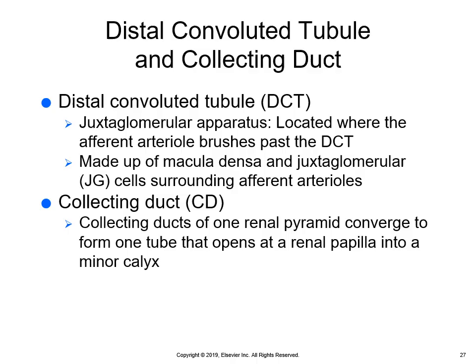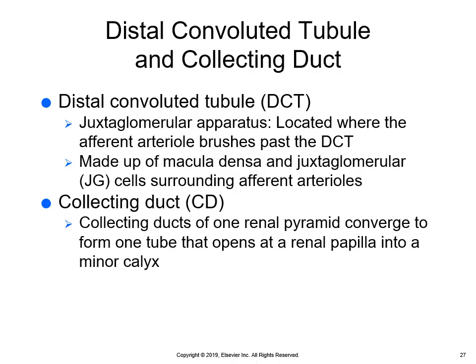If the body needs to conserve water, the ADH makes the collecting duct more permeable to the water, basically concentrating the urine. If the body has an excess of water, then less ADH will be released, and that leads to more diluted urine. So the collecting ducts eventually merge together, draining into the renal papilla,